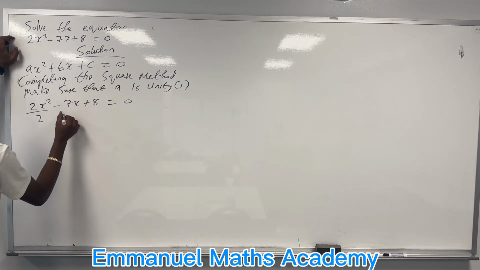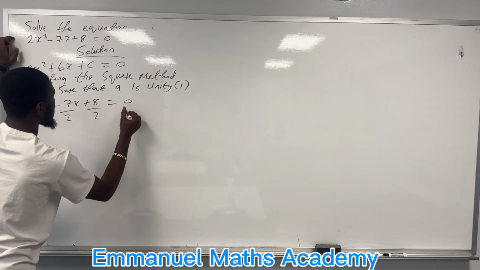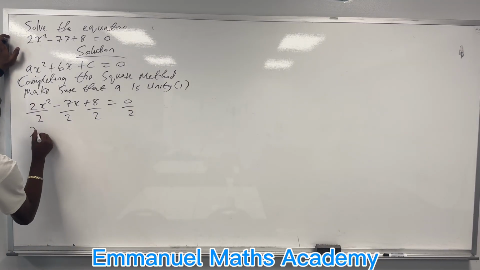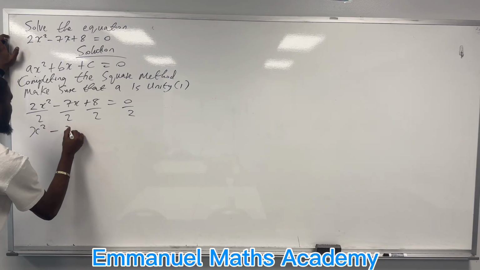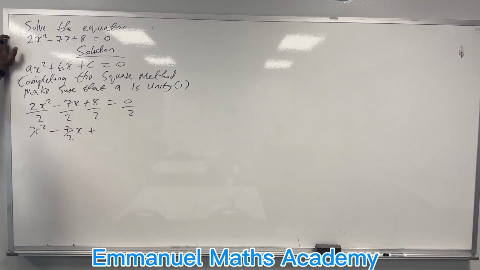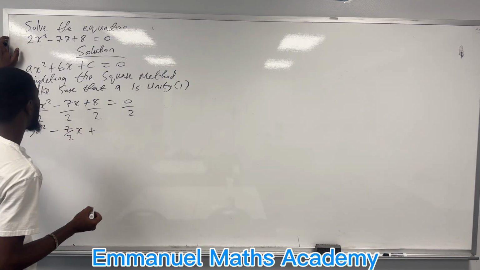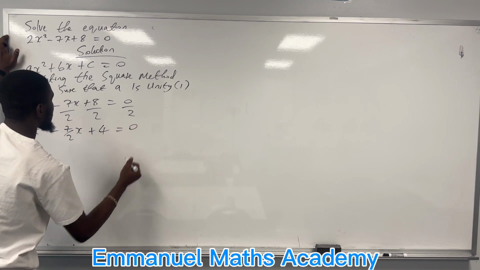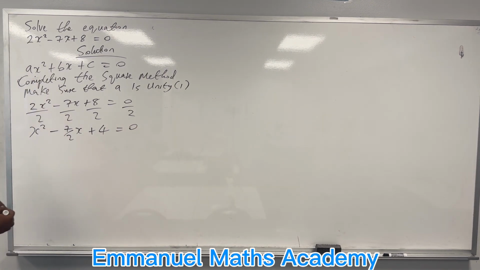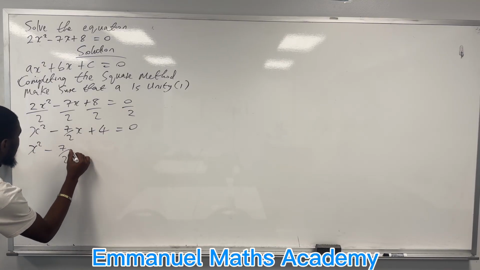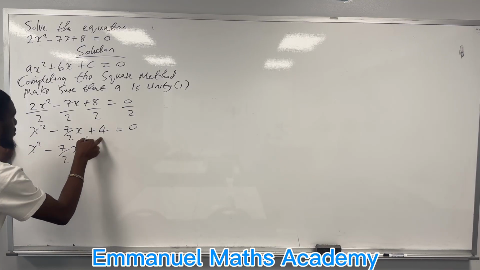So divide this by 2, divide this by 2, divide this by 2, divide this by 2. Hence, here we have what? 2 divided by 2 gives you 1. Here you have x squared minus 7 over 2x plus, if you divide this, you have 4, equal to 0. Good. So from here, you have x squared minus 7 over 2x equal to, you bring this to this side,